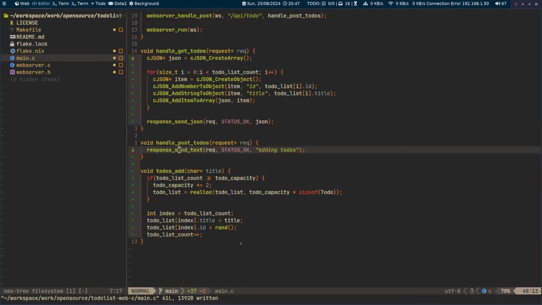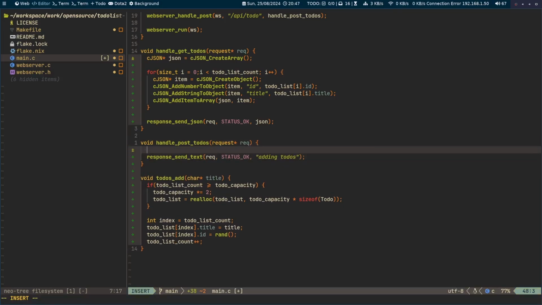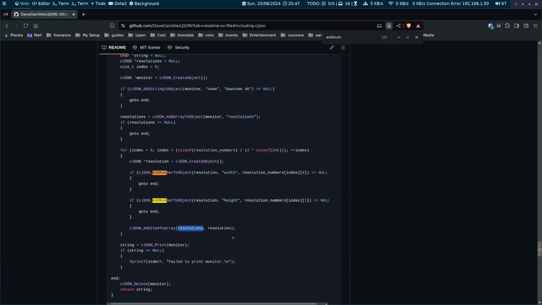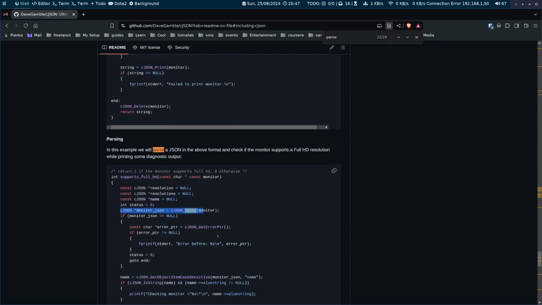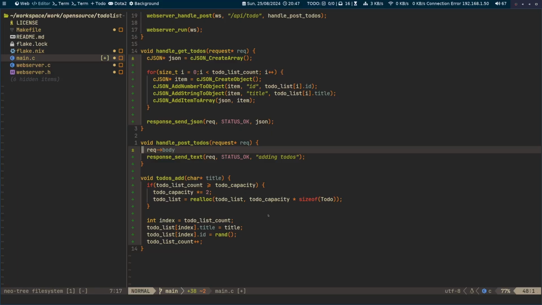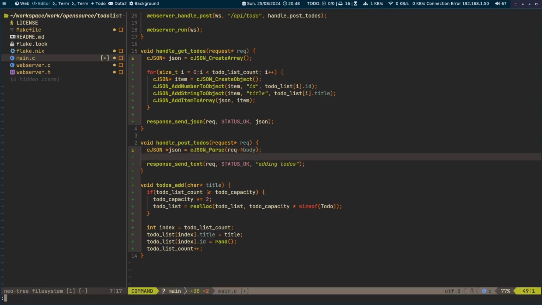Now that we are here, let's also do the post. So what do we need? If you remember, we have the body in the request body parameter, so we can use the cJSON to parse it. So all we have to do is do a cJSON parse, and then we can get items from this. Let's do it. Some item, let's call it. Okay, and